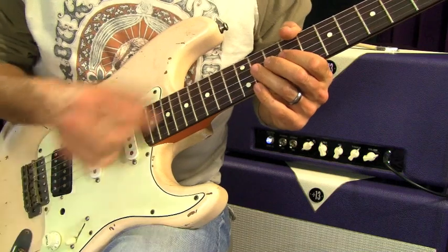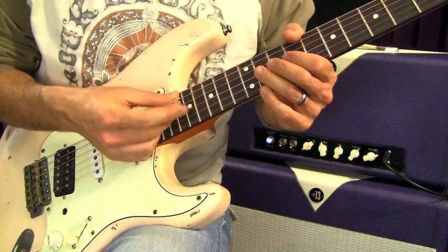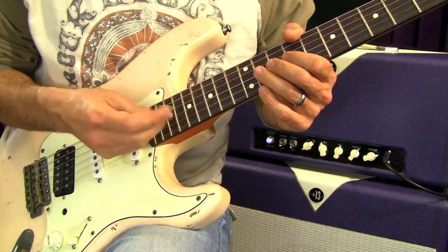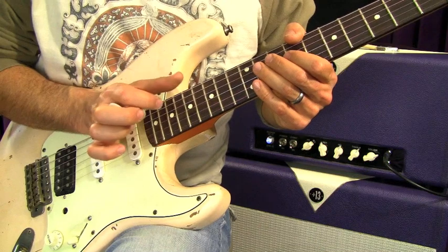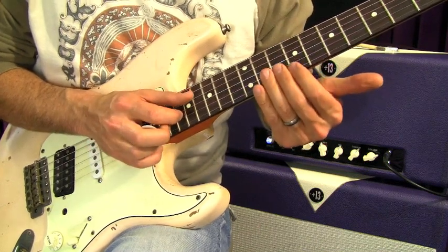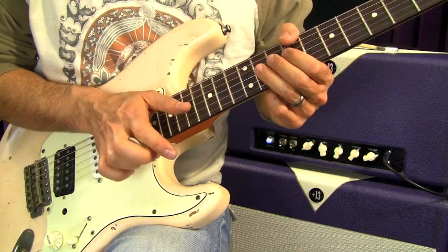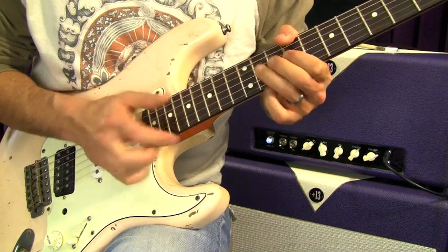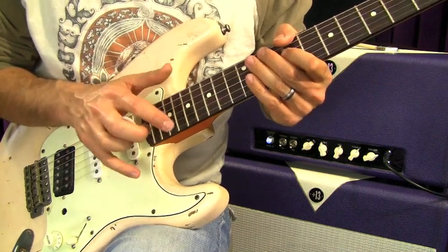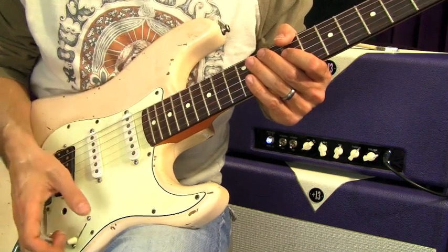Now what I'm going to do there is, you might have seen with this finger, I just flicked it instead of picking. Instead of trying to reach for my pick and then go back, I just flicked it. Now, since my palm is right here and this hand is also muting, I can get away with flicking all the way across the strings and just having one note come out. Right? So that's the advantage of muting. Really try to work on muting. I still struggle with it myself, and I've been playing guitar forever. So anyways,